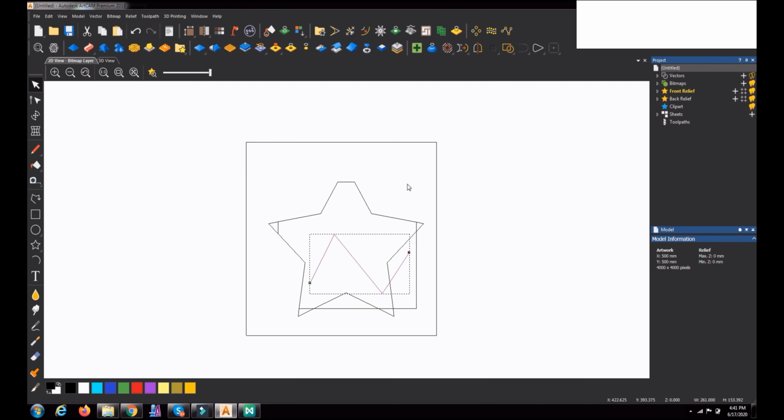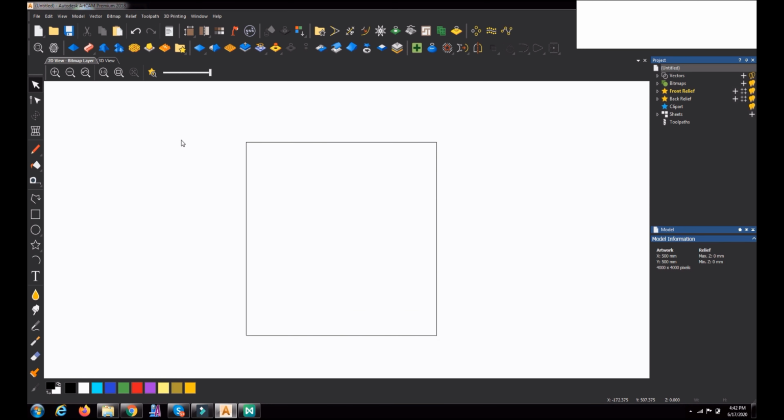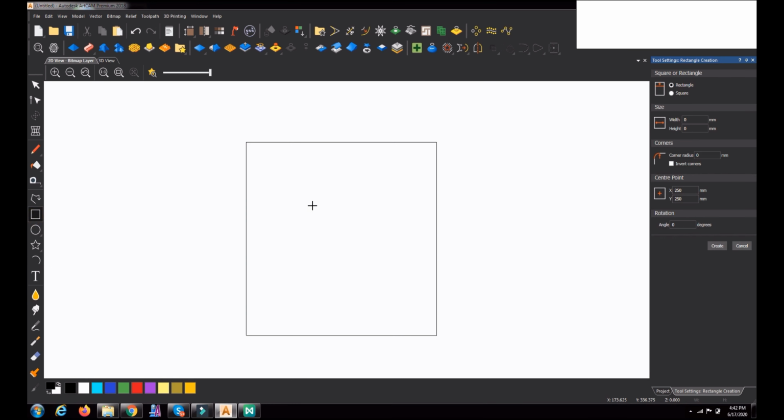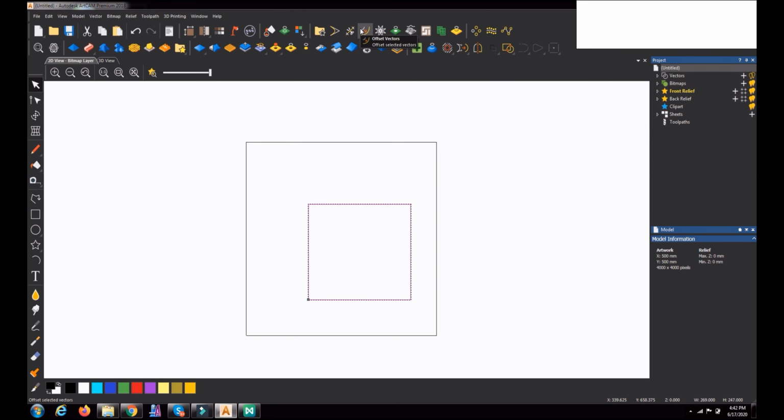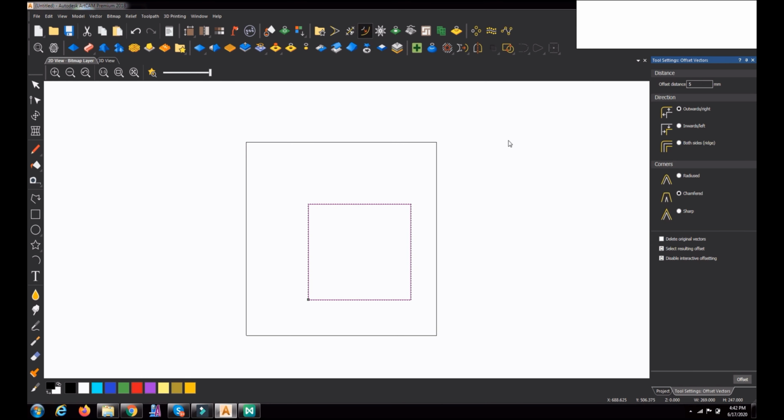Okay, now we will go to the offset command. I am just pressing Control A, selecting all, and delete. Now I go for the offset command option. Let me create a rectangle again. Now offset, these are the offset vectors. Click here. Whatever distance we want to offset, like 5 mm or 10 mm or 15 mm or 20 mm, whatever value we can give here, then offset.